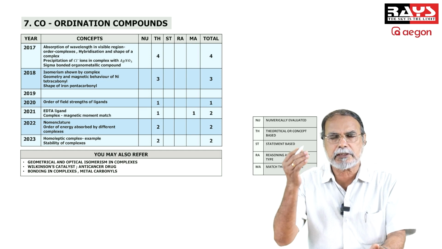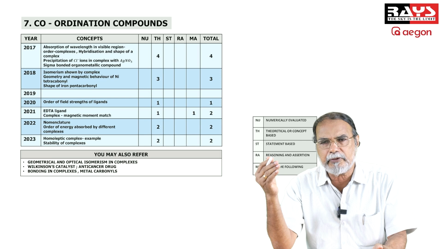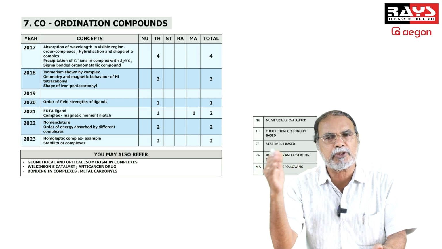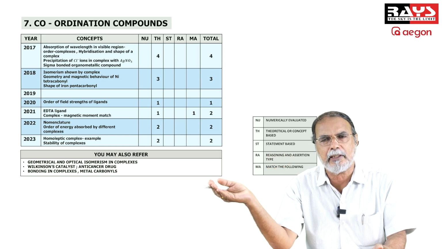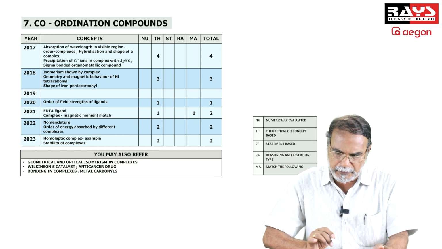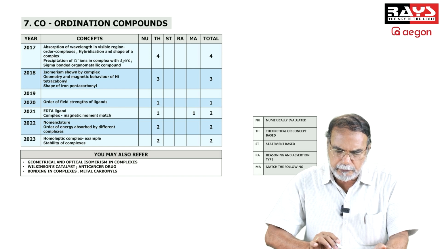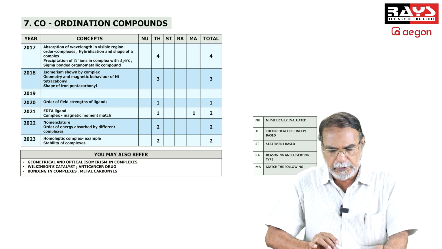precipitation of chloride ions in a complex with silver nitrate. The chloride ion inside the coordination sphere will not be precipitated. The chloride ion outside the coordination sphere will be precipitated. So on the basis of that, there was a question, and also there was a question relating to sigma